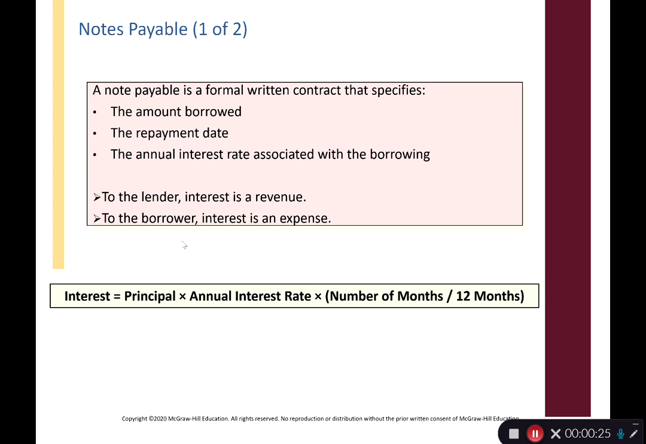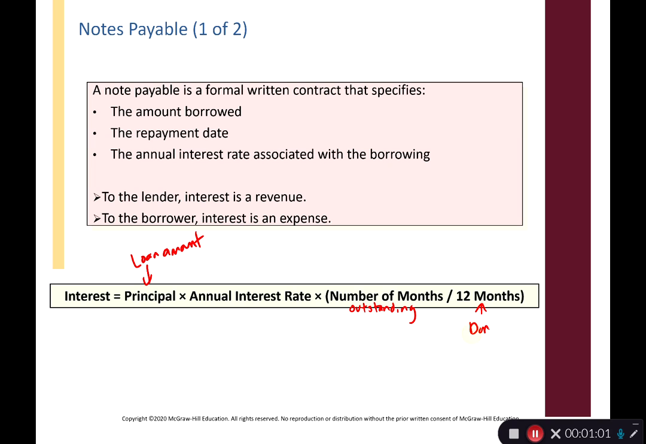Because interest is involved, we need to use the interest formula we learned back in Chapter 4 in order to calculate that interest. The interest formula is the principal, which represents the loan amount, the amount borrowed, times the annual interest rate. Interest rates are presented on an annual basis. So we're going to multiply the principal or loan amount times that annual interest rate, and then we're going to multiply it by the number of months the loan is outstanding, meaning how long we borrowed the money, divided by